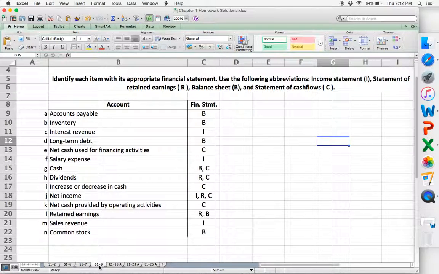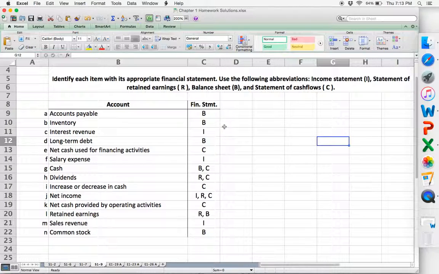Moving on to S1-9. So this one we did not get to in class, and I am not grading you guys on this one because we weren't able to cover it either in class or by the information I gave you guys on Tuesday. So I figured I would throw this in here anyway because I think it's a great little reference to know which of these accounts are on which financial statements. So you can see some of them are listed out twice, but most generally all accounts are listed out only once on a financial statement.